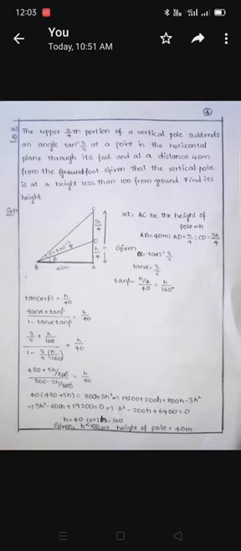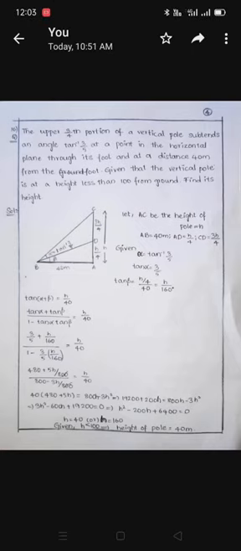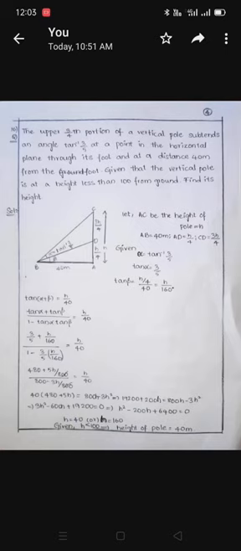Since it is a quadratic equation, we apply the factorization method. The minus 200h can be written as minus 40h minus 160h. By following the factorization method, we have h is equal to 40 or h is equal to 160. But it is clearly mentioned in the problem that h must be less than 100, so the height of the pole must be 40.